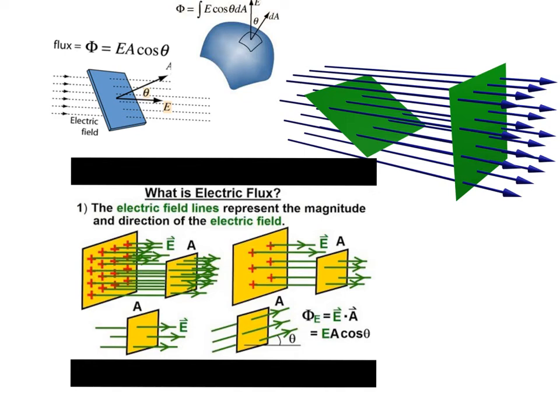If we take the area element and turn it at an angle, this shows it actually. If we rotate this to 45 degrees, and since it's the cosine, if this is 45 degrees, it's going to be the cosine of 45. Whatever this flux is, this is going to be about 70% of it because of the cosine. Okay,